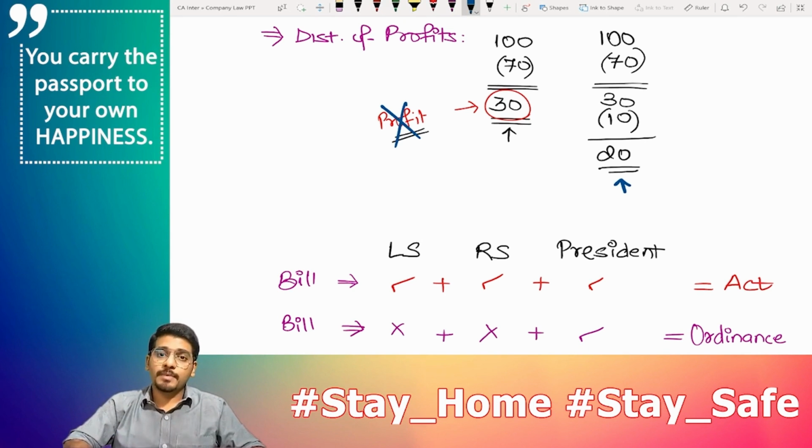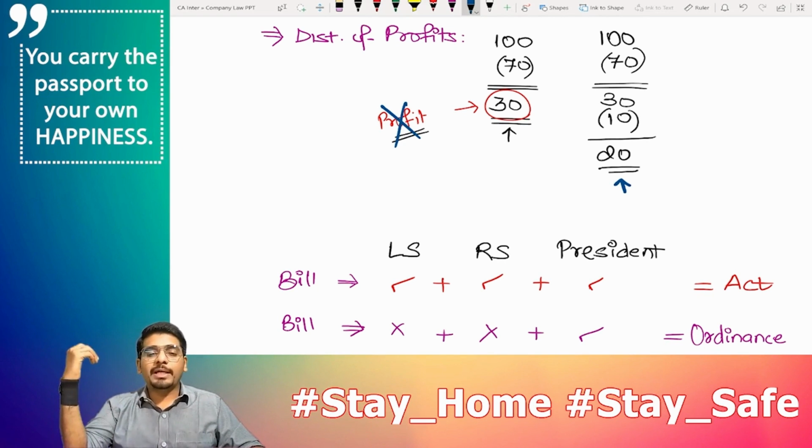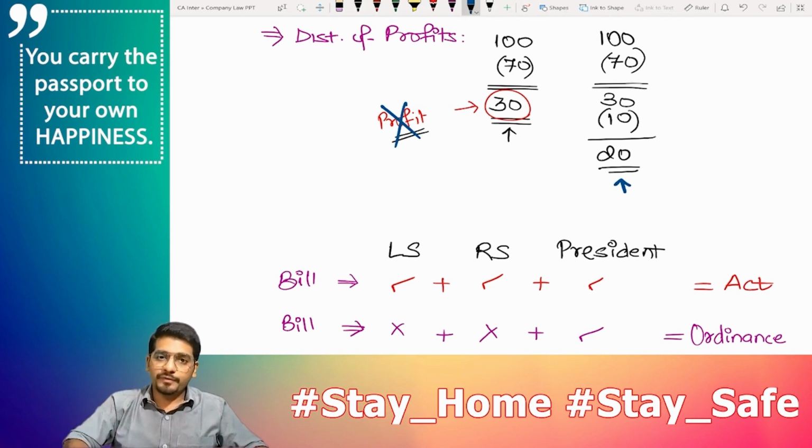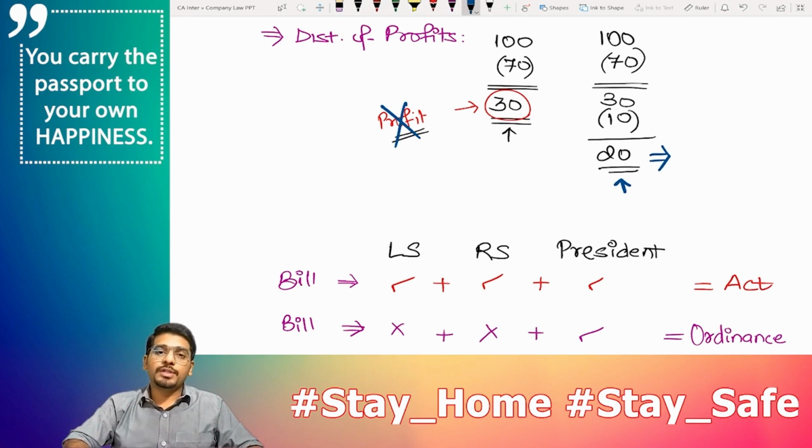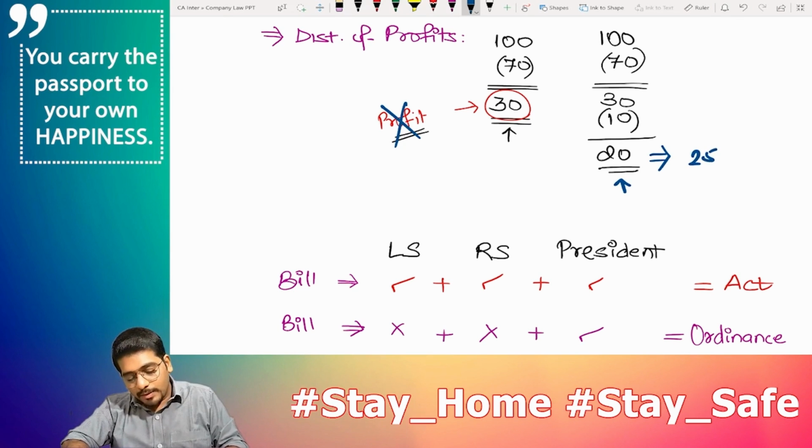What the company says, because you investors gave us the money, we could buy bananas of 70 rupees. And then we made a point to sell it at 100 rupees and made a profit of 30, which after appropriation and depreciation and everything comes out to 20 rupees net. So out of this 20 rupees, we are deciding that we want to distribute dividends. And that is why, let us say we are deciding we want to give 25% dividend.